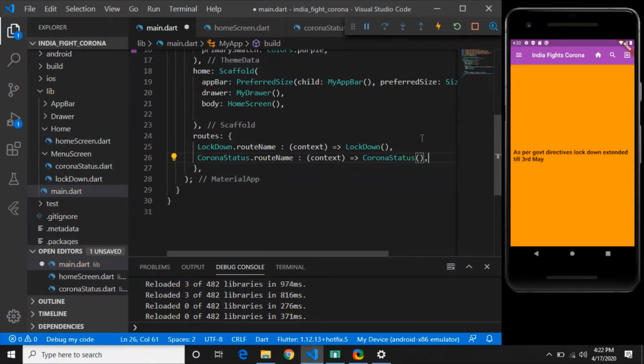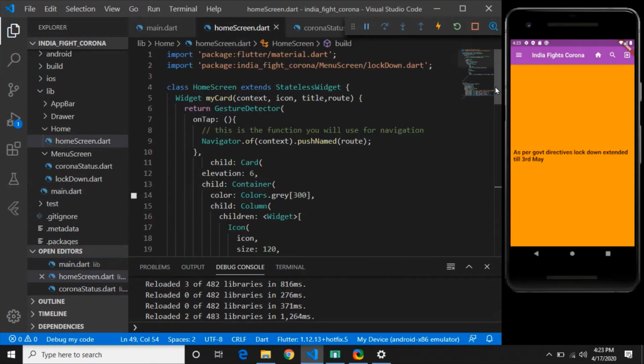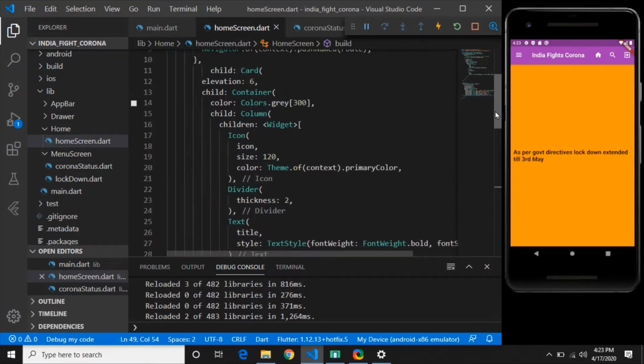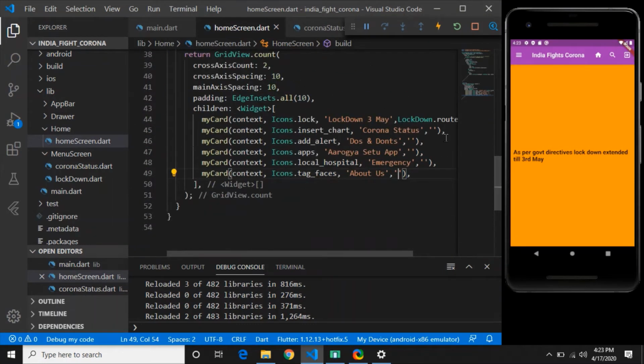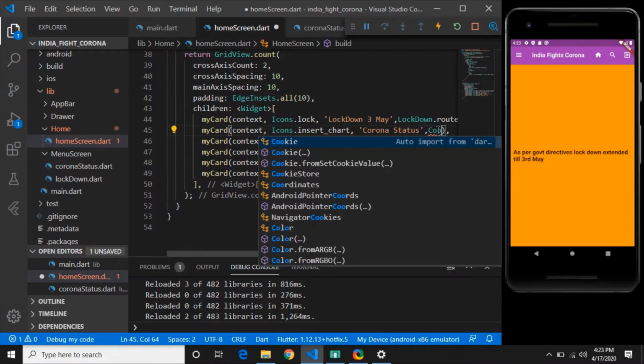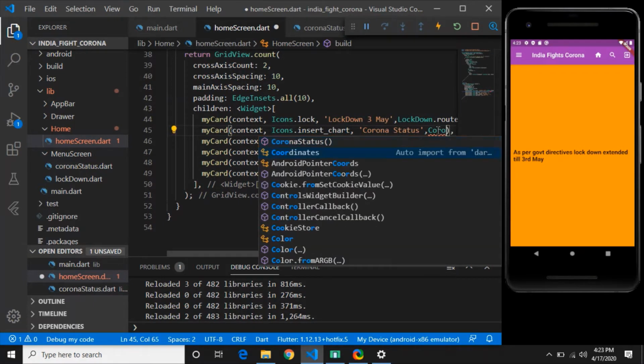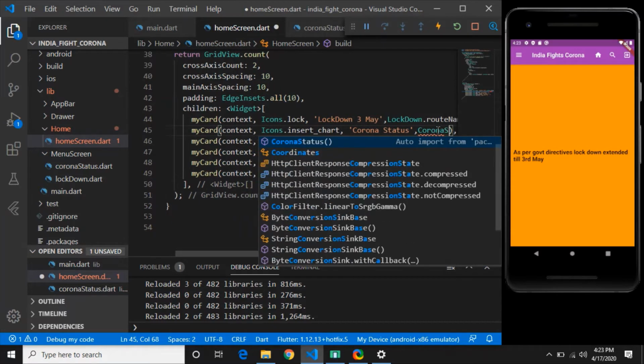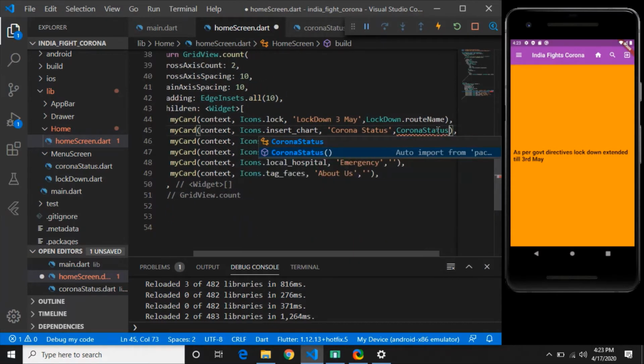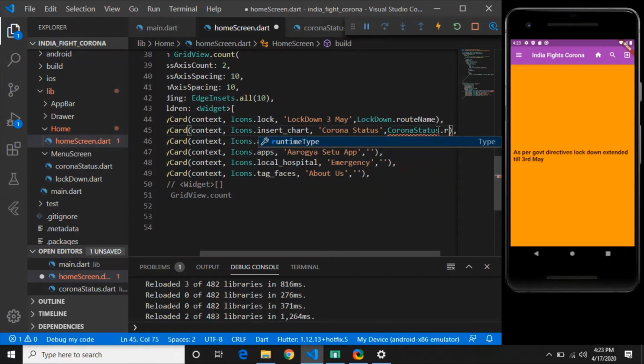Third stage, where to use this, and this is very easy. Just pass the route name, that will be CoronaStatus, the first one, dot routeName.